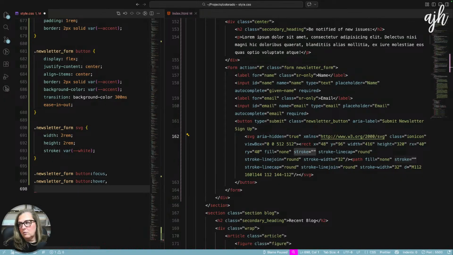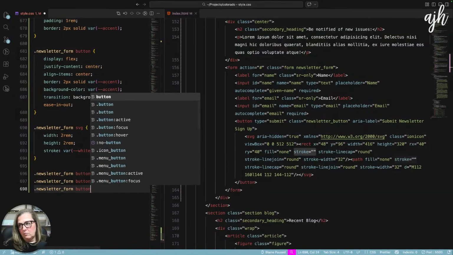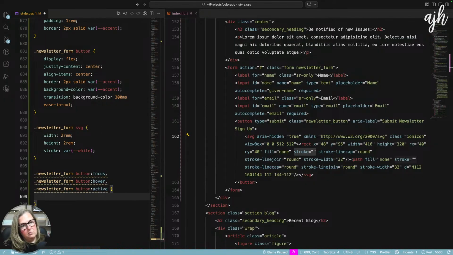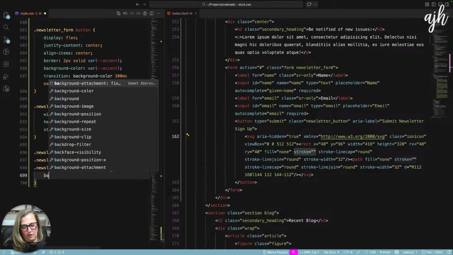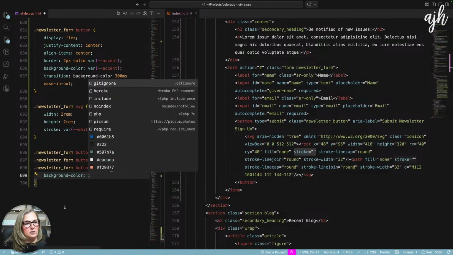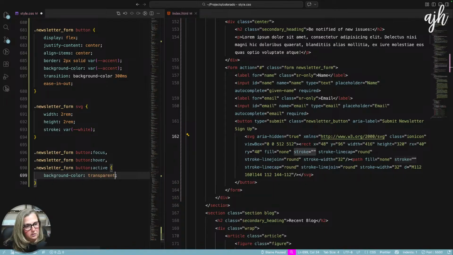And the background color will transition to transparent.